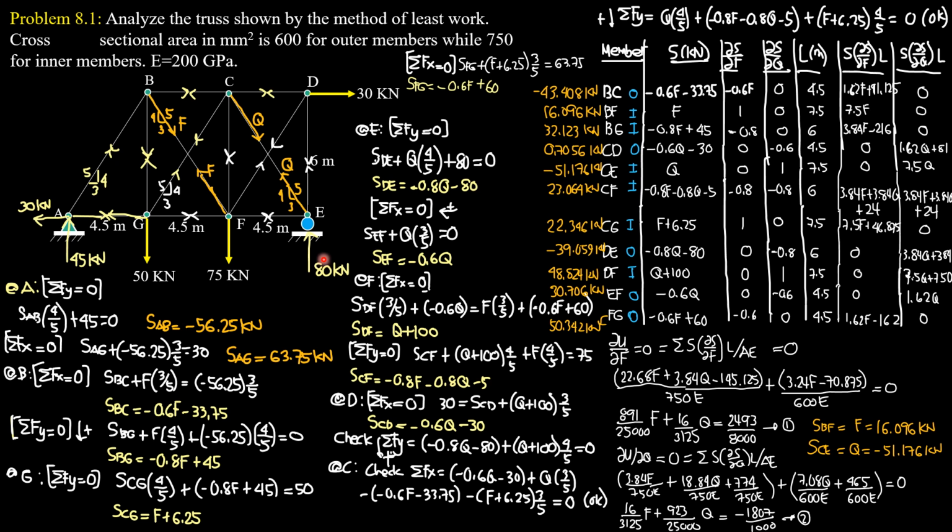Then summation of forces in X equals 0, so AX should be 30 kilonewtons leftward, opposite to this 30 kilonewtons. Having found the reactions, beginning at A, summation of forces Y equals 0. The slope of the sloping member is 3 horizontal, 4 vertical, so 5 hypotenuse. So SAB times 4 over 5 plus 45 equals 0. So SAB is negative 56.25 kilonewtons, and this is the final member force of AB because it is not a